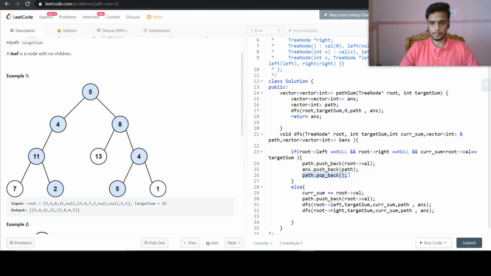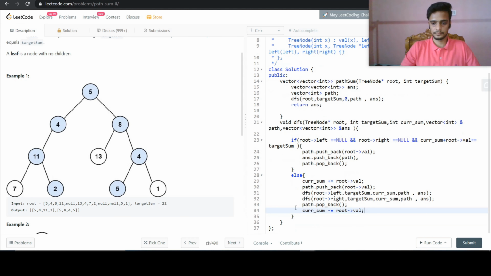So path dot pop back will pop out the last element from our path, and we will also decrease our current sum, since we are going back. So current sum minus equals root value, and that's it. Also, we didn't handle the null value case.